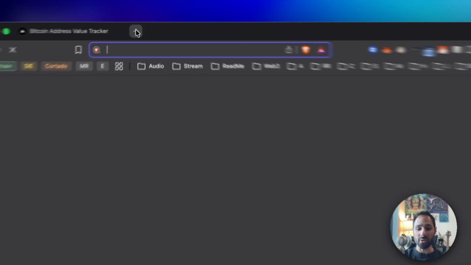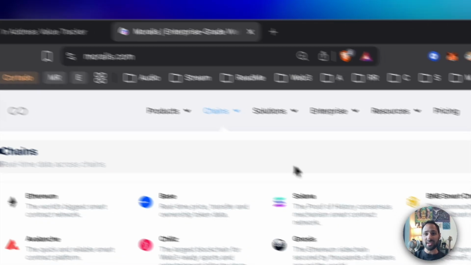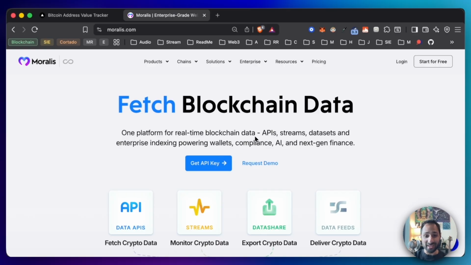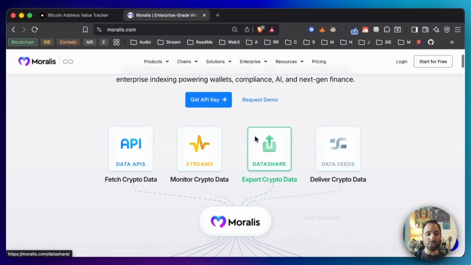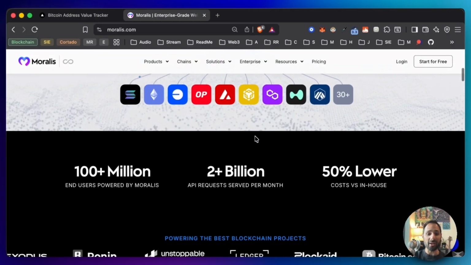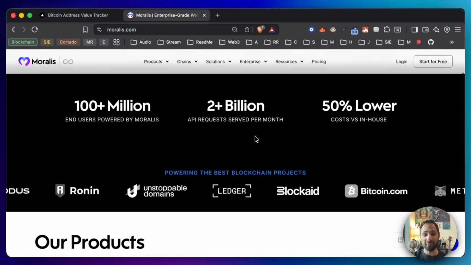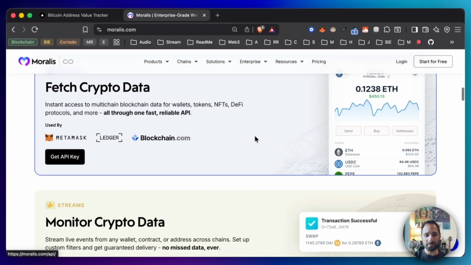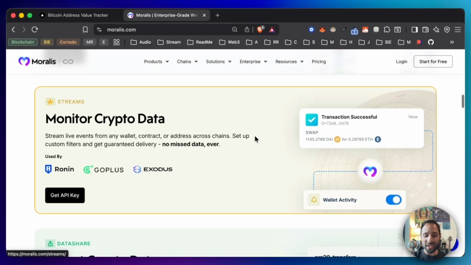All you need to do is go to moralis.com, sign in, create an account, and you get an API key in seconds. This way you can start building quick and you don't have to worry about all the infrastructure it takes to build something out like the app we just built in a matter of 5 minutes with Claude Code. So take a few minutes today, check out moralis.com and the Bitcoin API and start building out the features that people